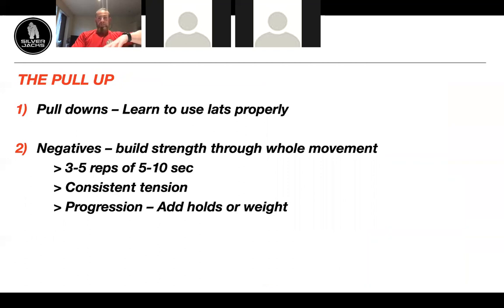And then last, we're going to go on to how to do a pull-up. If you can't currently do a pull-up, if it's something you're struggling with, this is sort of how we would approach it. It can be good psychologically because a pull-up is something that eludes a lot of people, that they just can't do and can't seem to figure out how to do it. Follow this process and